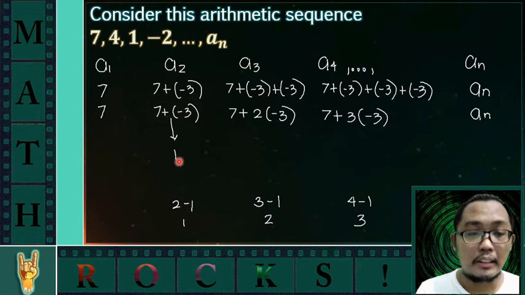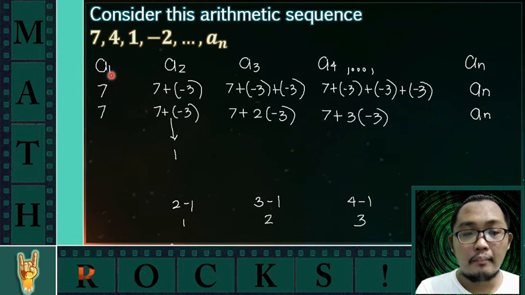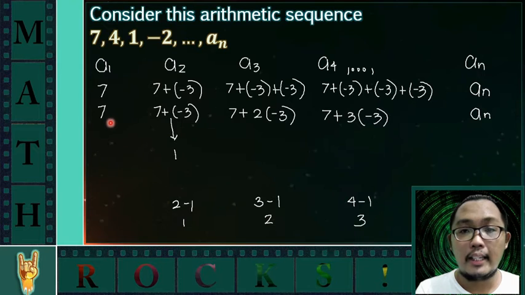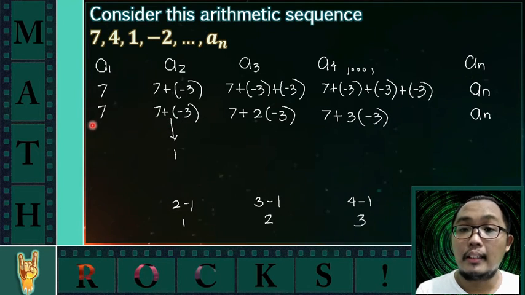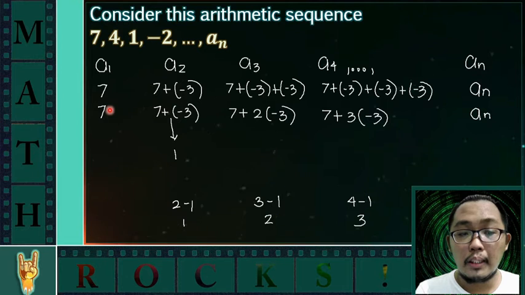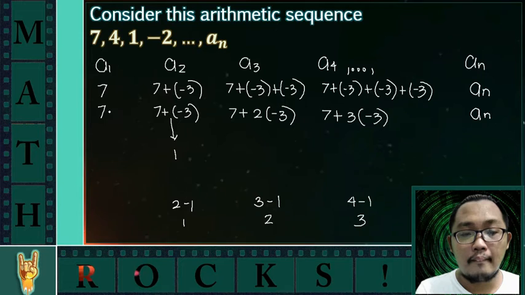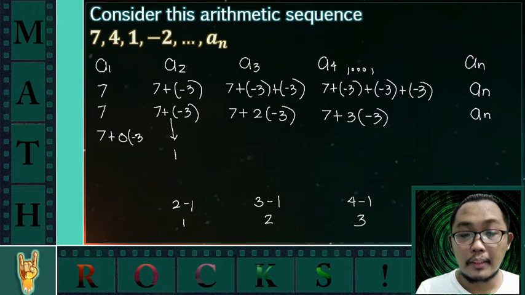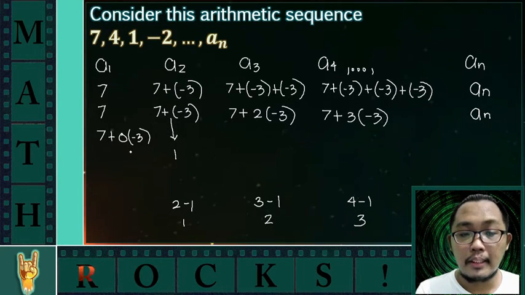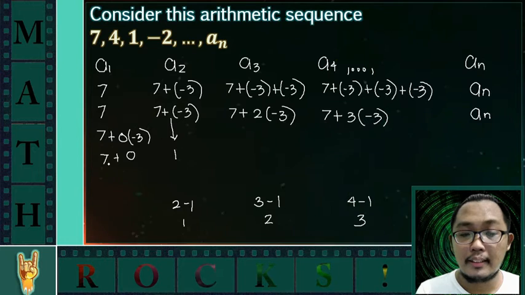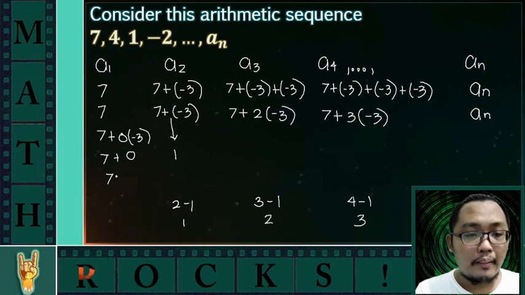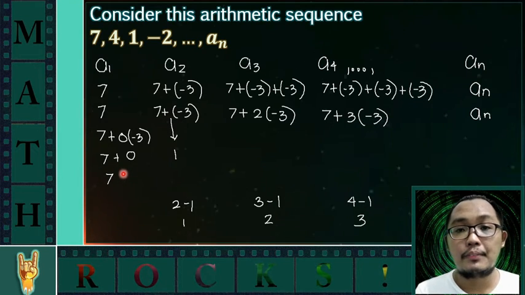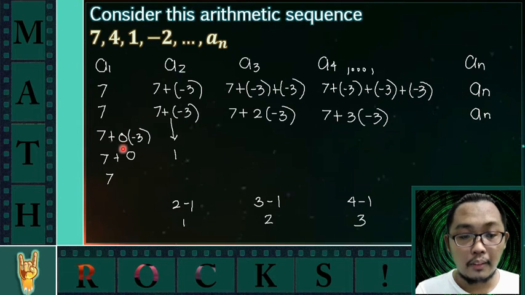But for the first term, we have a 1 right here, but we didn't see anything like this in this particular expression. But if I would like to show you exactly this expression, then we may have this 7 plus 0 times negative 3. So remember, 0 times negative 3 gives us 0, and adding a 0 to that 7 doesn't change that original value of 7. So that means the same pattern applies for this particular term,